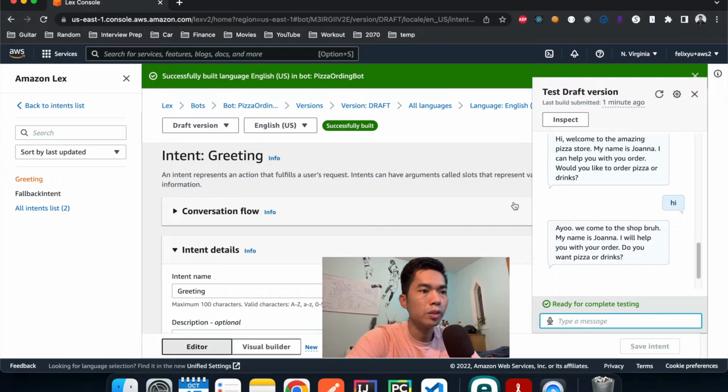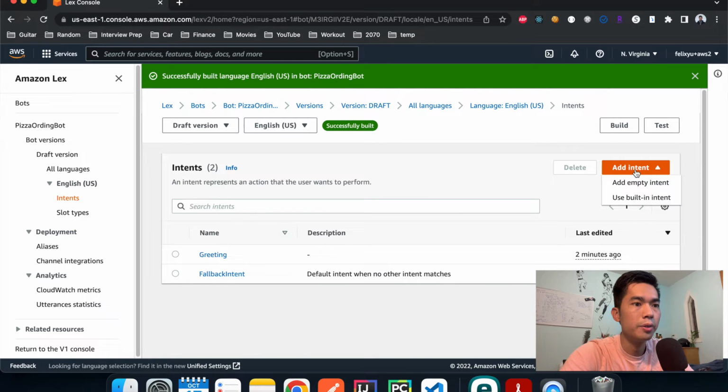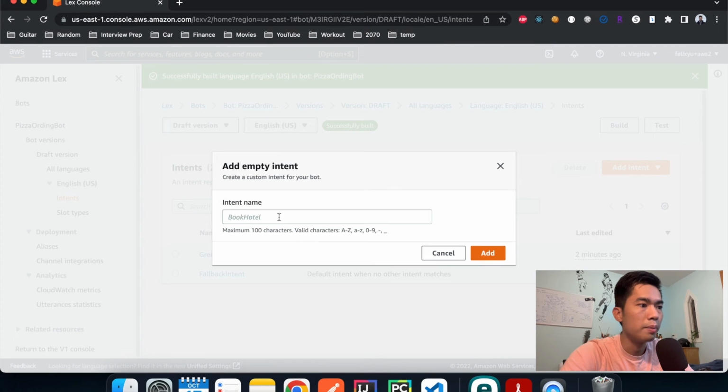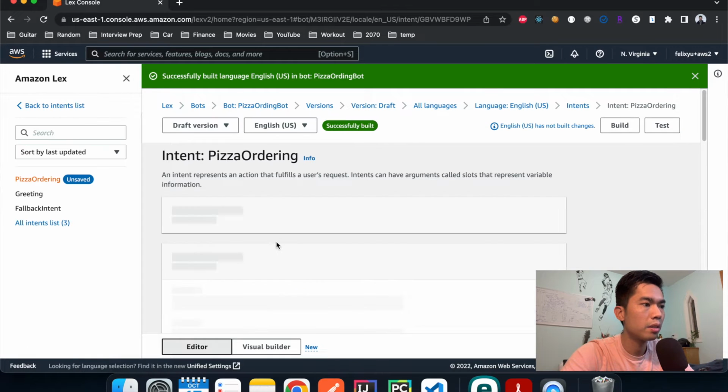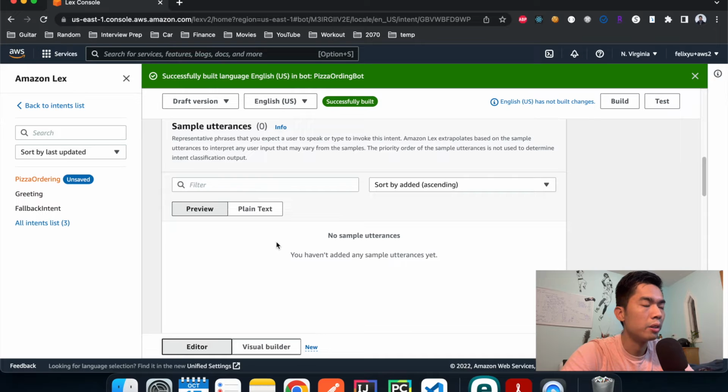And now let's move on to step number 2, which is to create our 2 other intents. One is pizza ordering, and the other one is drink ordering. So let's close this, go back to intent, and then add a new intent. Let's add an empty one. Give it a name. Let's call it pizza ordering. Hit add. Okay, so in the sample utterances,